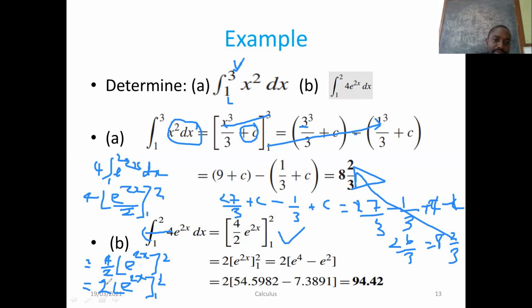So here this will be 2, and putting the limits, you put the 2 wherever there is an x. Like in this case, you are going to have 2e to the power 4 minus, put the 1 where there is x again, it will be e to the power 2 times 1, which is 2. And simplifying what is inside the brackets and multiplying by 2, you are going to get 94.42